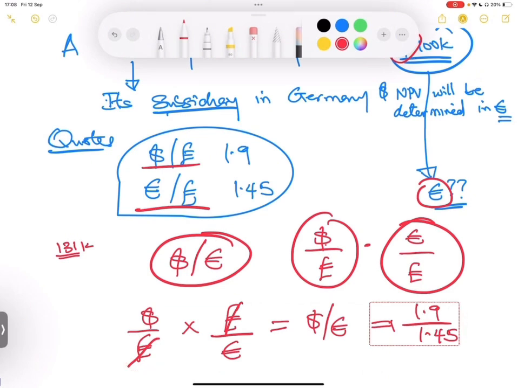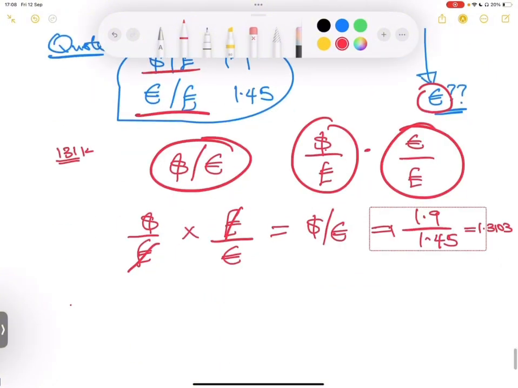That will be our cross rate. 1.3103. So what we're saying is that 1.3103 dollar for euro is our rate that we need to